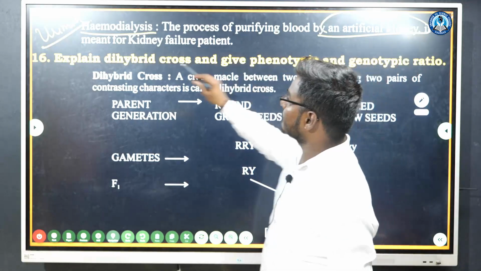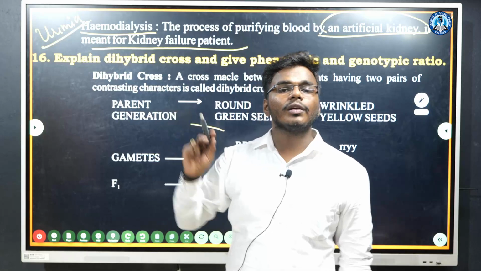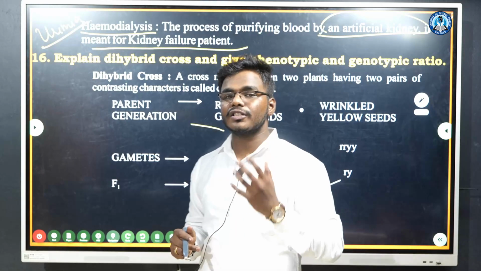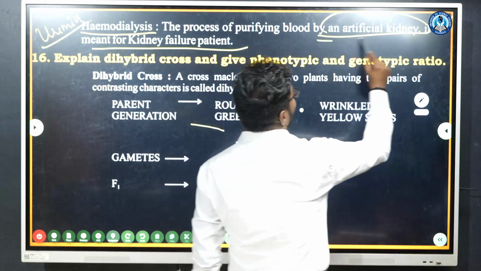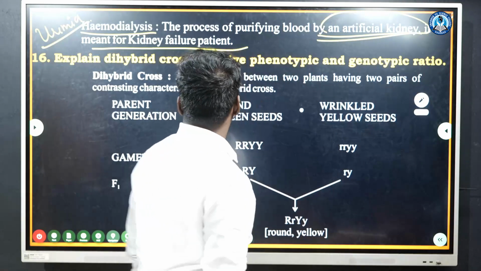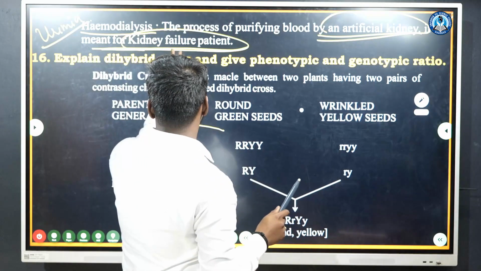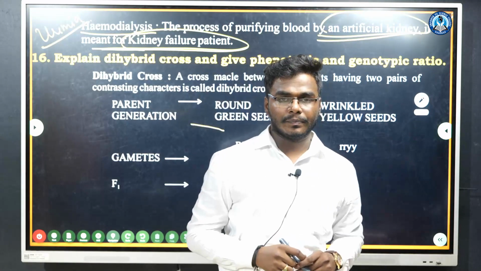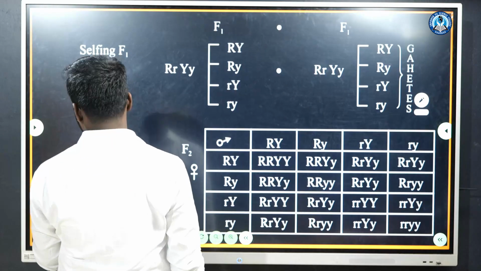It is meant for kidney failure patients. Is it clear? So hemodialysis means it is a process of filtration of the blood that is carried out by the artificial kidney for those who have kidney failure. Got it? So the next question is,